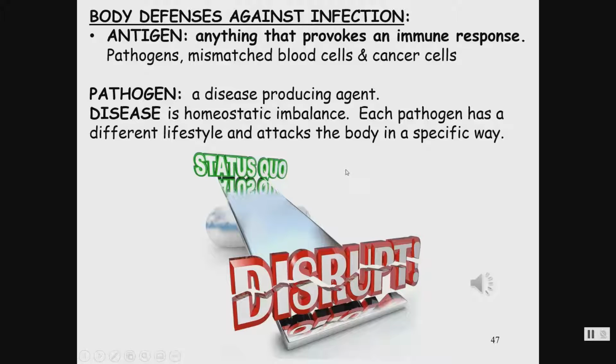But the long and short of it is, in order for something to make you sick, first it has to stick to your body surface somewhere, either on skin or mucosal membrane. It has to colonize, meaning it needs numbers, and then it has to make some sort of toxin that can cause damage. I just wanted to give you a little background on diseases.